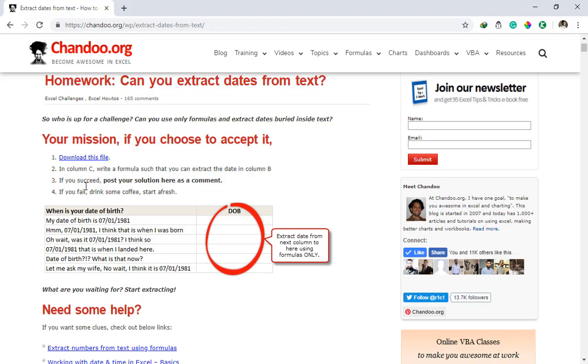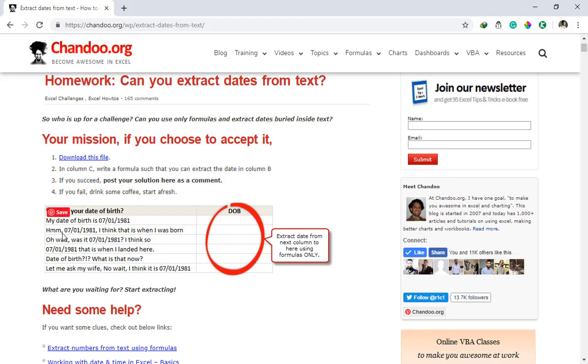This article was written in 2012 and now we are in 2019, more than 6 years later. At that time a lot of forum members and visitors contributed their answers using Excel formulas, but now we have Power Query, so let's explore whether it's possible in Power Query or not.